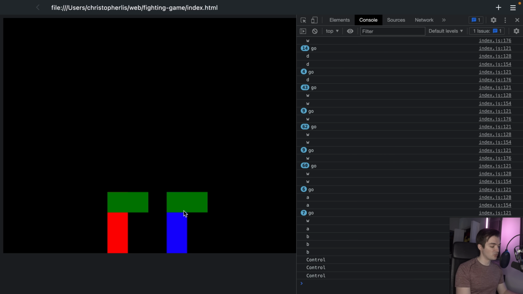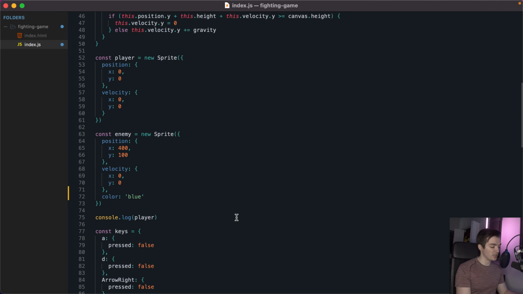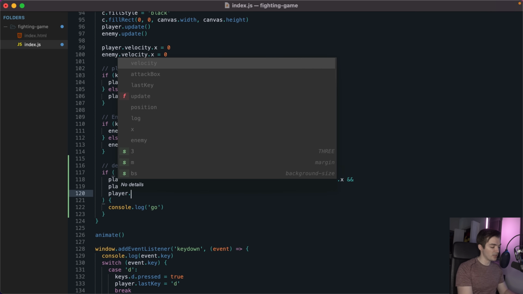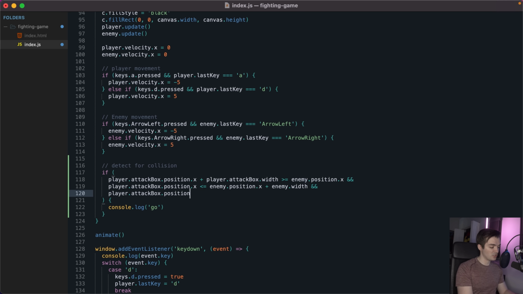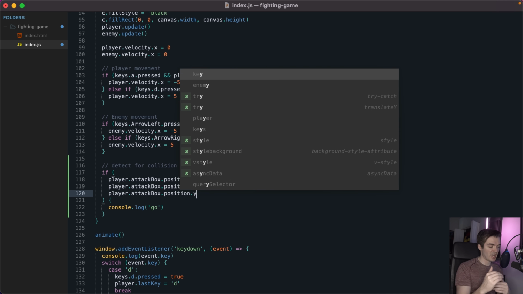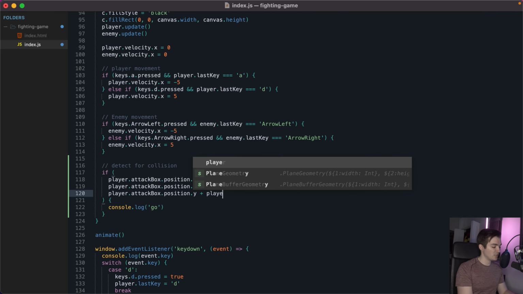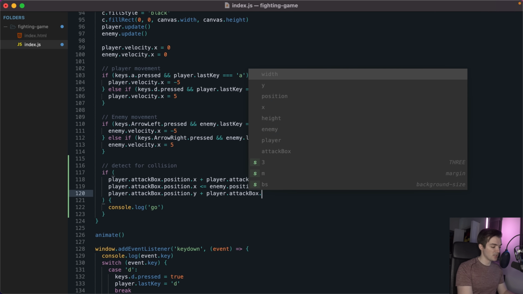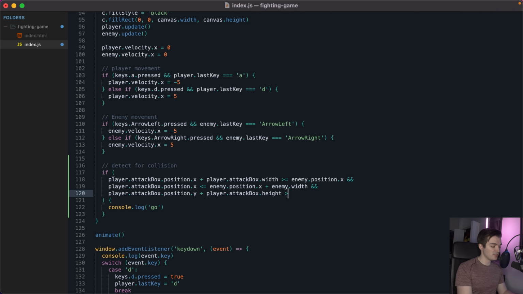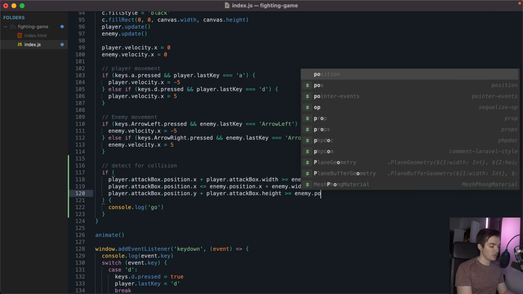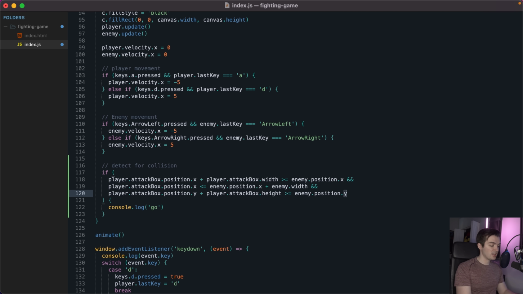So let's go ahead and write this conditional. We want to get the bottom side of our player. Let's go back to our animation loop. This is where we're detecting for collision. We want to add in an and statement that says, get our player.attackbox.position.y. We want the bottom of our attack box though. This right here is currently the top of it. To get the bottom, we'll add on our player.attackbox.height. We want to say if this is greater than or equal to the top side of our enemy, which we can get with enemy.position.y, then we know the two are colliding,